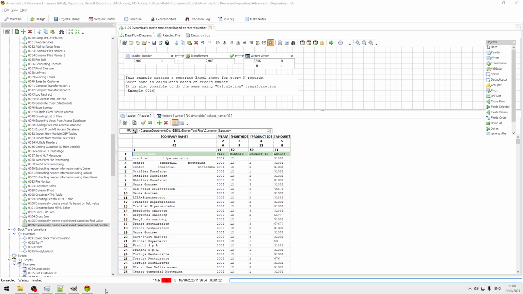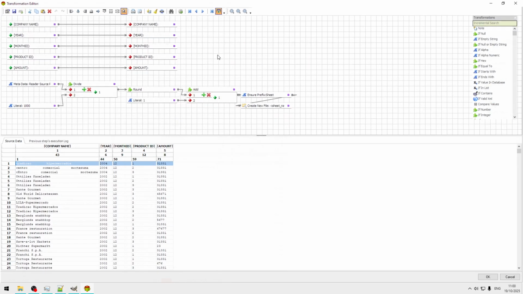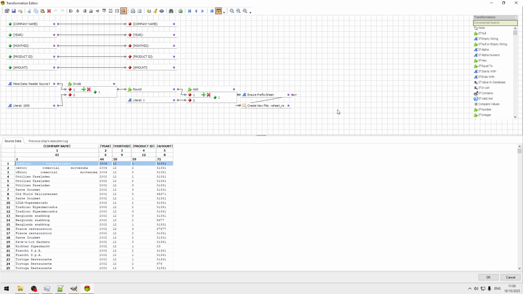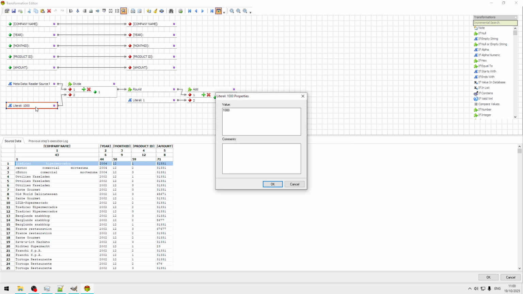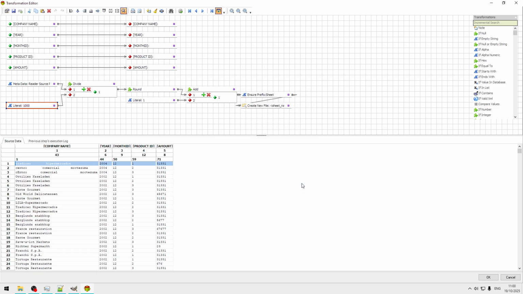So here we have a very basic transformation. All we're doing here is reading the data from a comma delimited file, and we calculate the record number. So basically we divide our source record number by 1000, or we can divide it by 1 million. We want to overcome the Excel limitation. Then we round it,